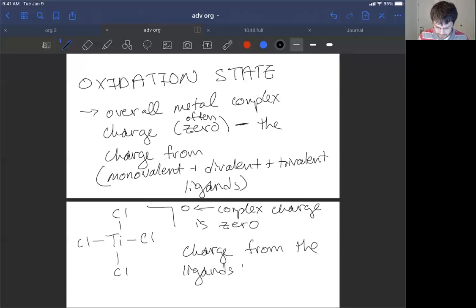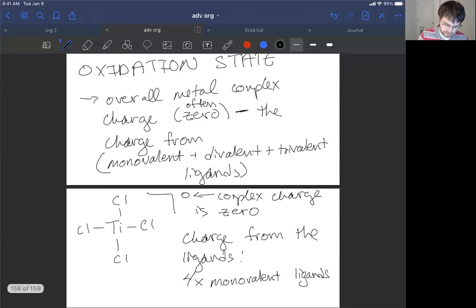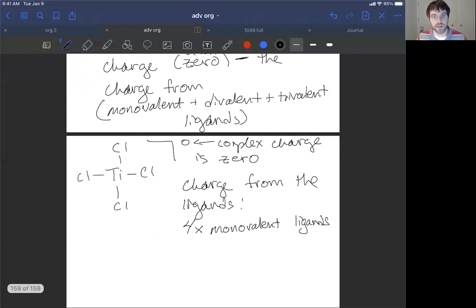Well, we have 4 times a monovalent ligand. Monovalent ligands are ligands that, when they absorb the electrons from the transition metal, would give something that's -1 charged. So that's like having 4 times a -1 charged ligand